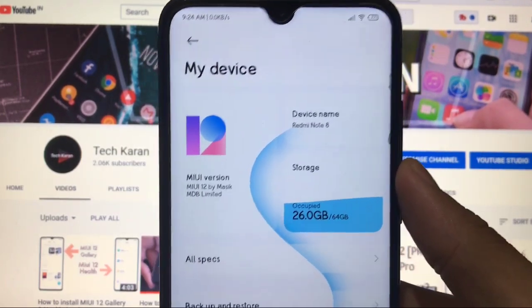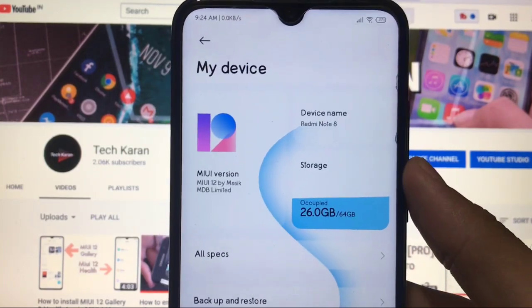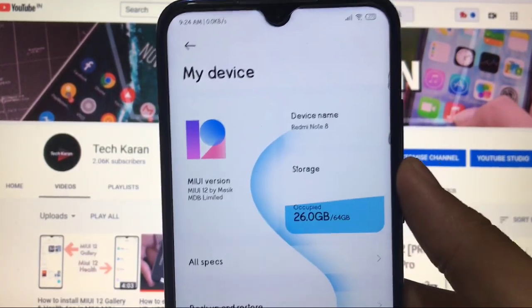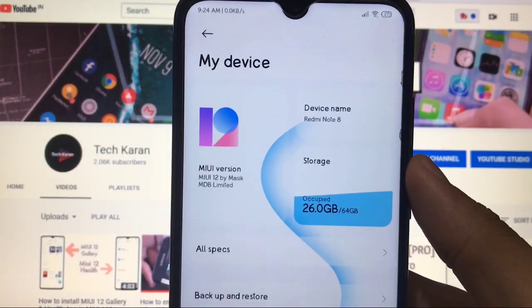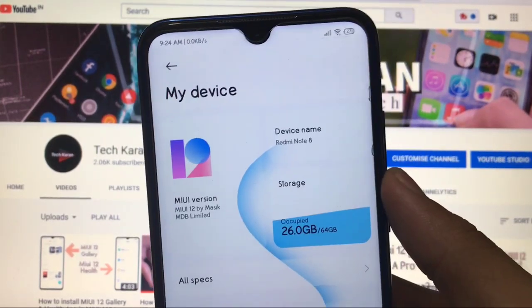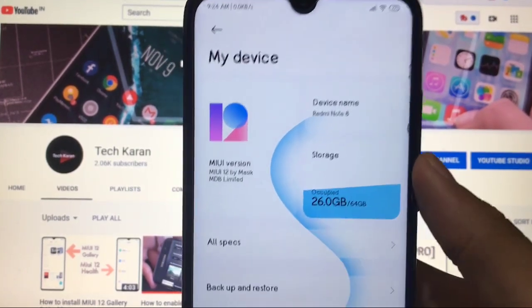Masik 13.1, which is based on MIUI 12, is released for almost all devices. Some devices got an official update, some devices got a port update, and some devices have GSI options available. In this video, I'm going to show you which things you get in the Masik build and why it is different from all the MIUI 12 builds.